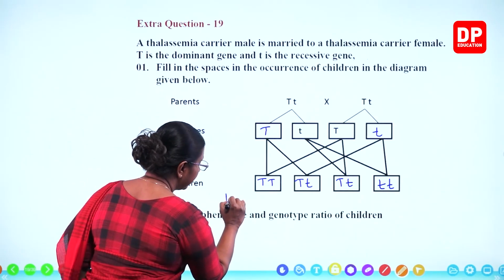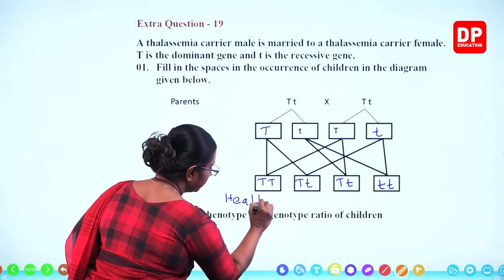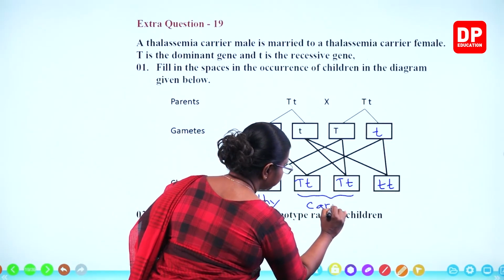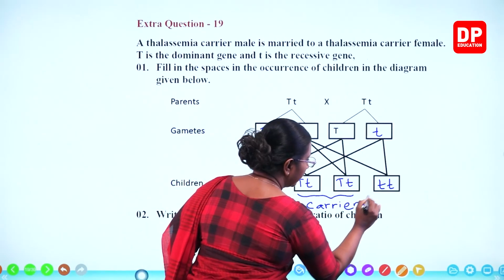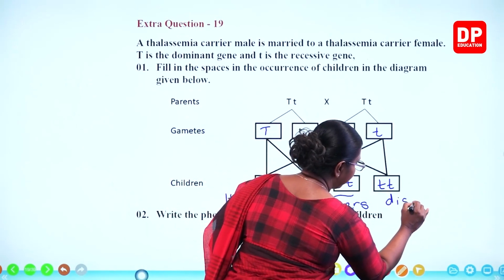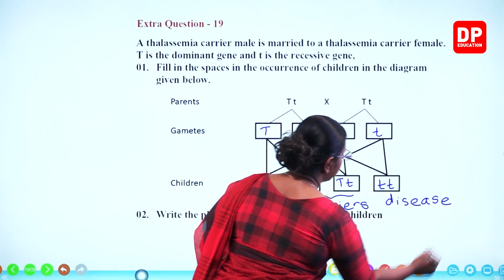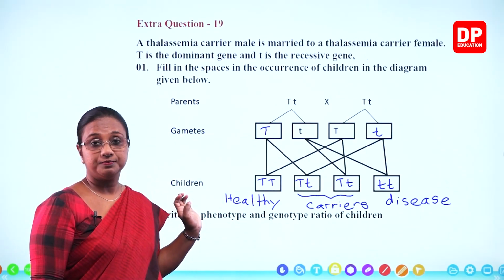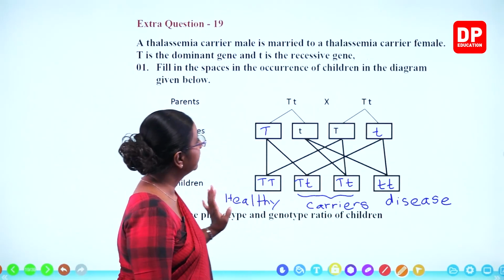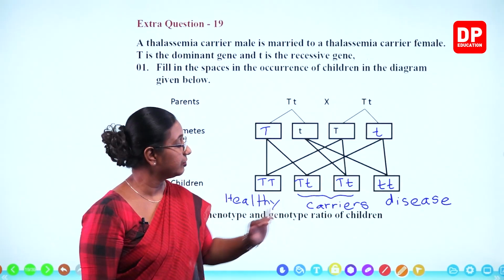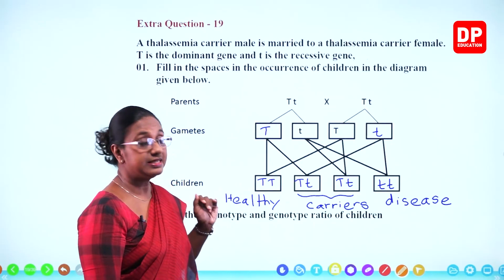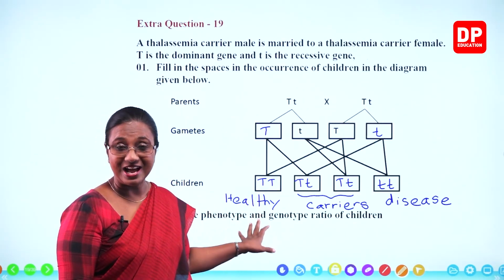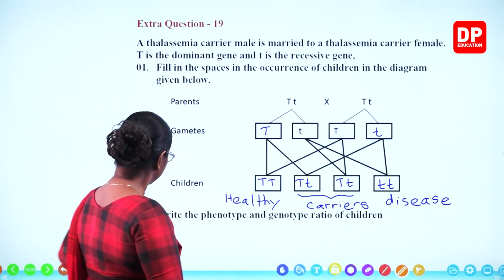So here healthy, then both these are carriers, and this child will have the disease. That is how the children occur. So we are supposed to fill in the diagram, but I have written down the healthy, carrier and disease conditions as well. I'm sure you all also have done this correctly. So then,